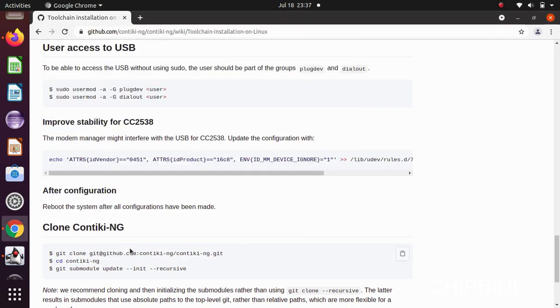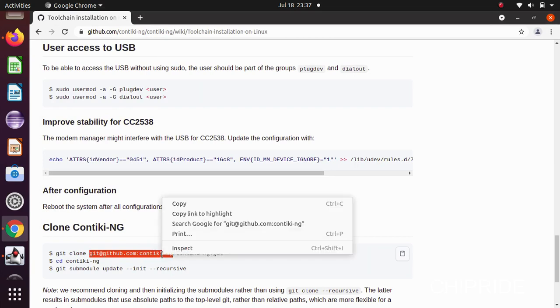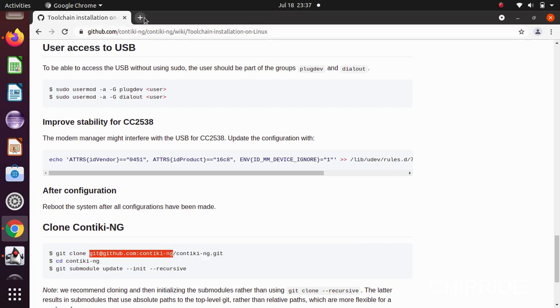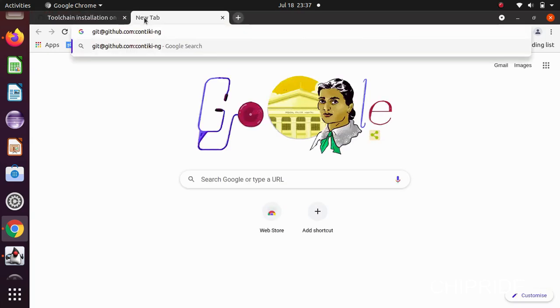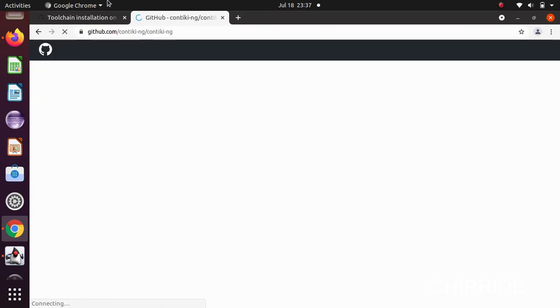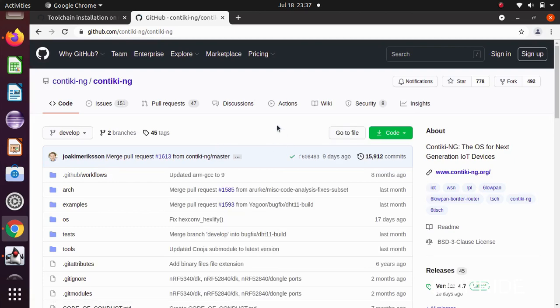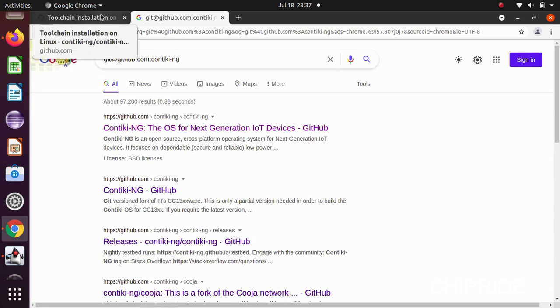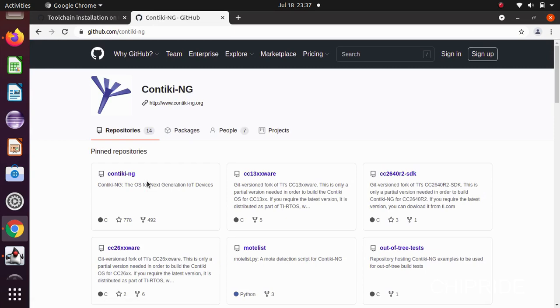You can clone this from GitHub, you can just search for it here. If it doesn't work, you can directly go here and you can get it. You have everything here, the GitHub completely on Contiki NG.